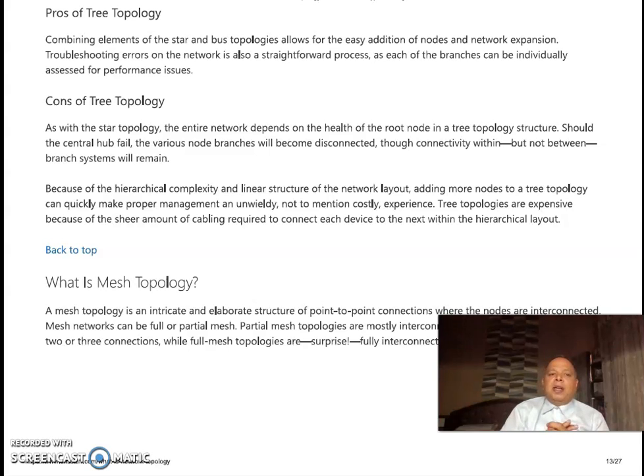Of course, there are some drawbacks. The drawback is about the health of the network, because as you go on expanding the network, in the diagram you can notice if the central hub fails, then the entire network will be down. Of course, the branches are connected, and in the branches also, whenever a certain node which is supporting that branch goes down, then the entire branch will be down. So then the connectivity won't exist between the spread out nodes, which are at the extreme sides of the network, and the central hub. So this is a kind of drawback we are getting due to hierarchical complexity,